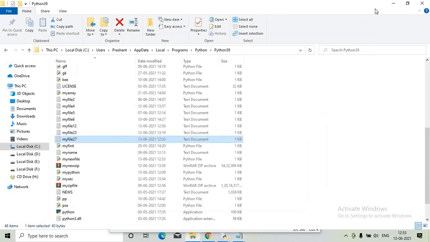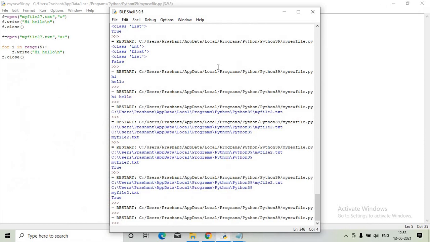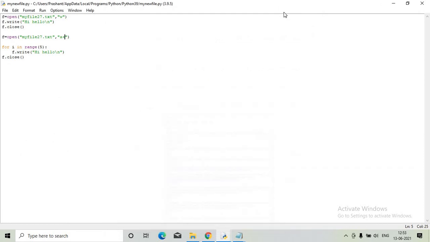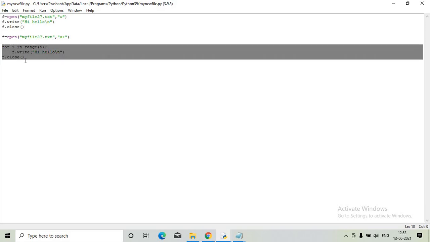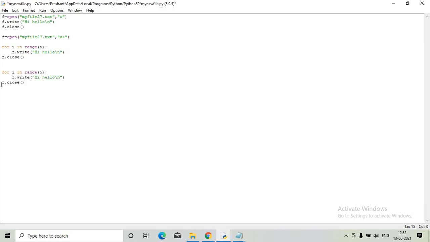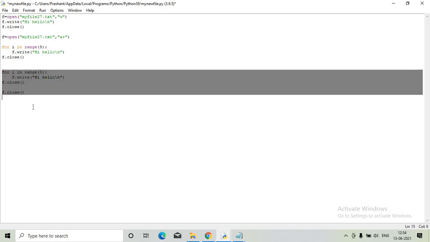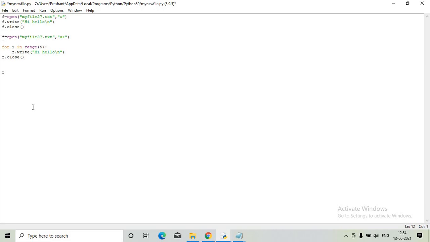This is what we want to read now. It is like writing functions, now I want to read. So how to do this for reading this particular file? We'll go for read. f is equal to open.